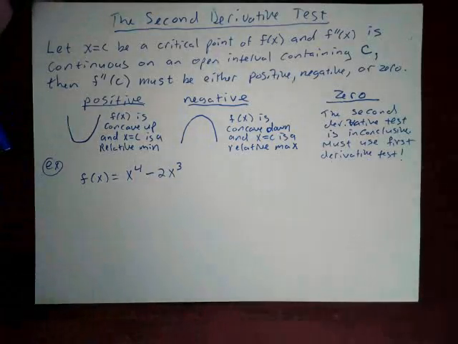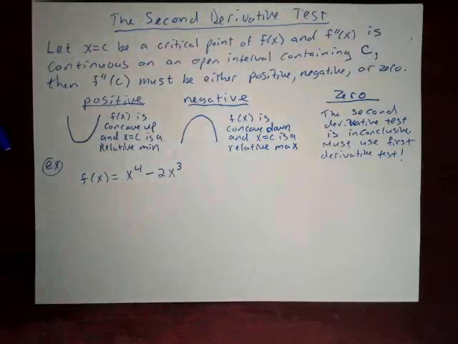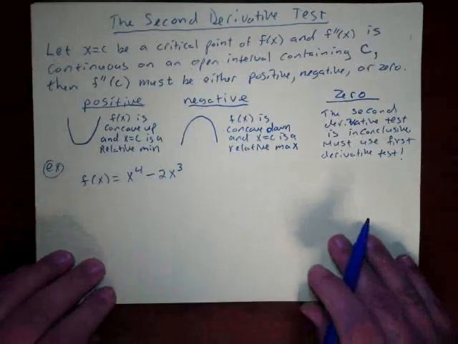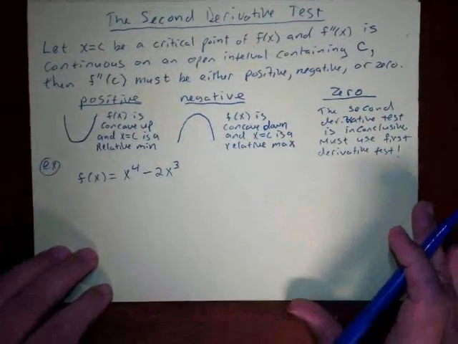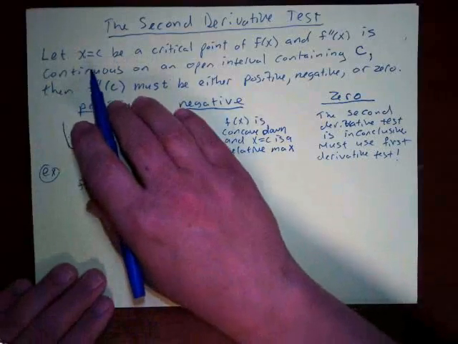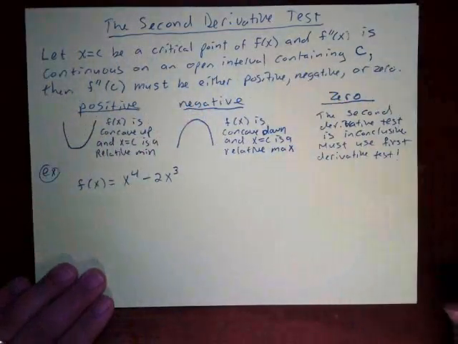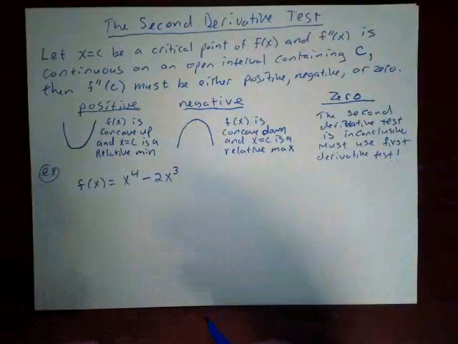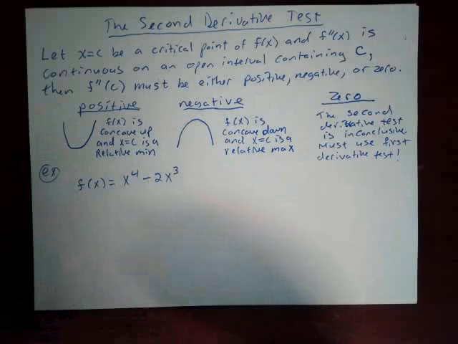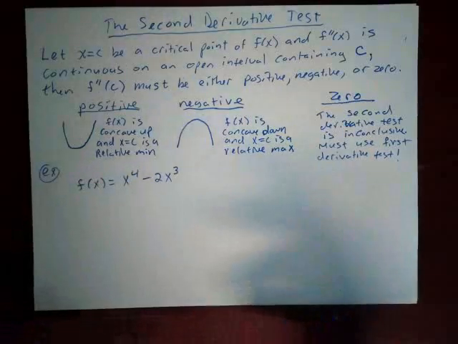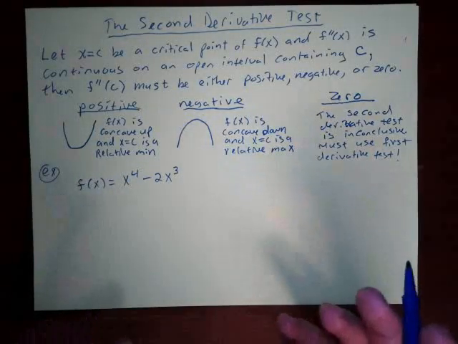We're now going to look at the second derivative test, and I have it laid out here. This is, I think, a nice way of stating the test so that you can see what's going on. So you're going to let x equals c be a critical point of f of x. This is a way of determining whether a critical point of a function is a min or a max. You can use the first derivative test, but if this test applies, this is actually a lot easier to